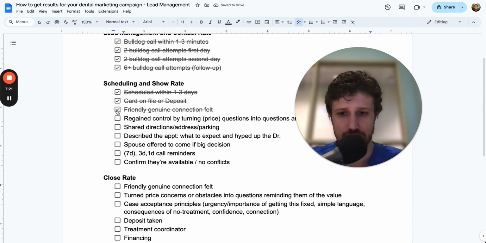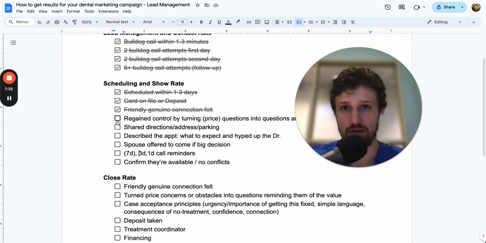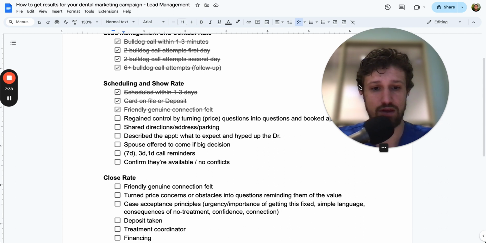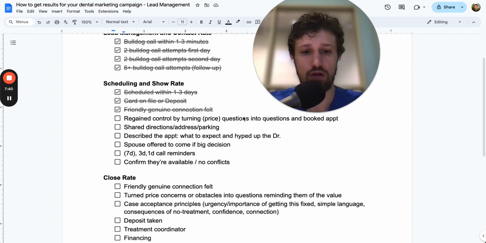Friendly, genuine connection, rapport, etc. They seem like they're enjoying the conversation, okay? Now, a lot of times, with that being said about them shopping around, looking around, and not necessarily committing right away to the first ad that they click on, right? A lot of times they'll come in with questions, with price questions, just kind of qualifying the office